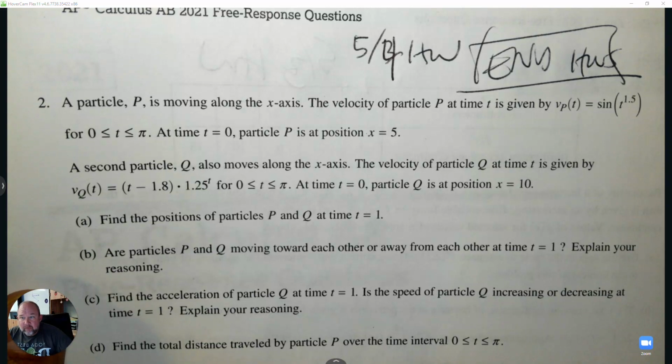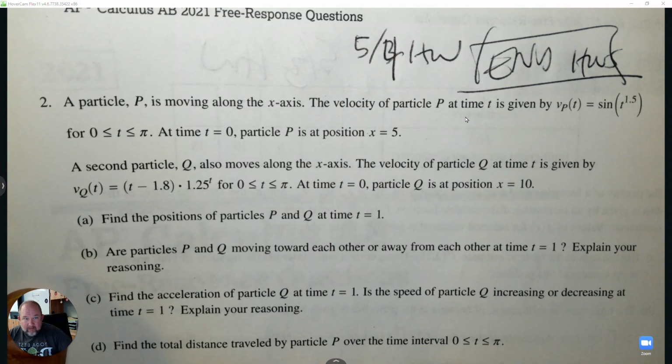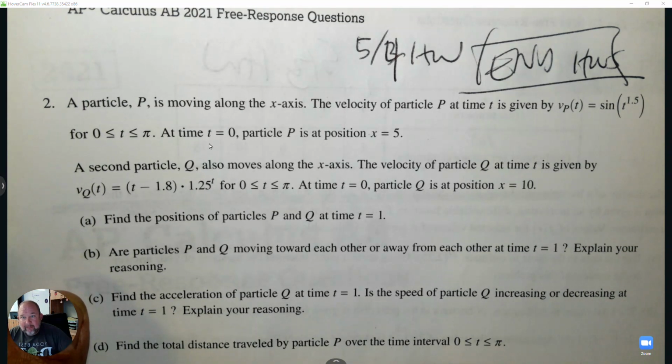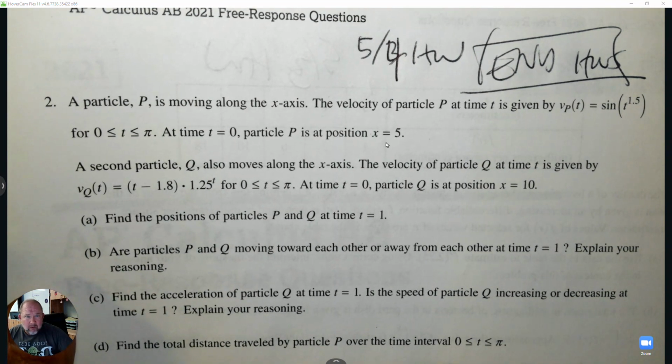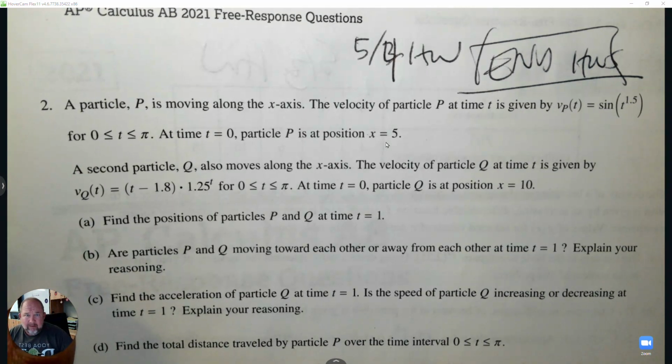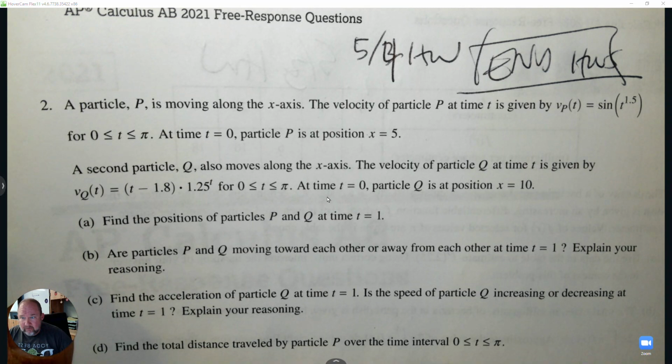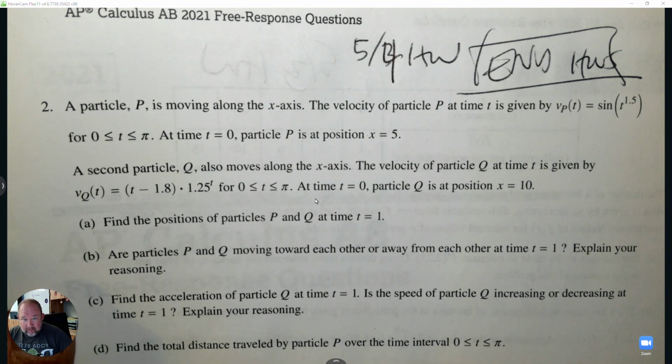Here's question number 2. Particle P is moving along the x-axis. The velocity is given by that equation from 0 to pi. And at time t equals 0, the particle is at this position. So hopefully this is a more comfortable question than number 1 that we did yesterday. Understanding velocity and acceleration. And then there's a second particle Q, and there's information about the velocity of it and